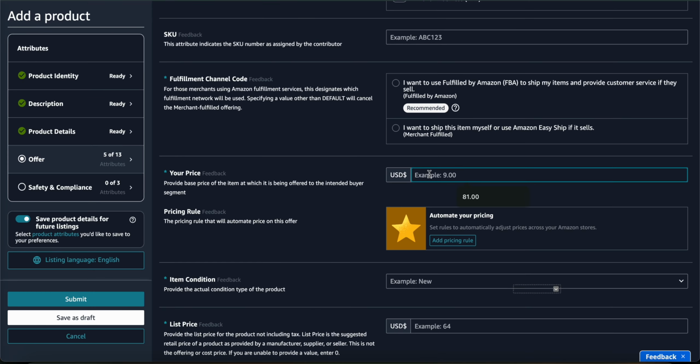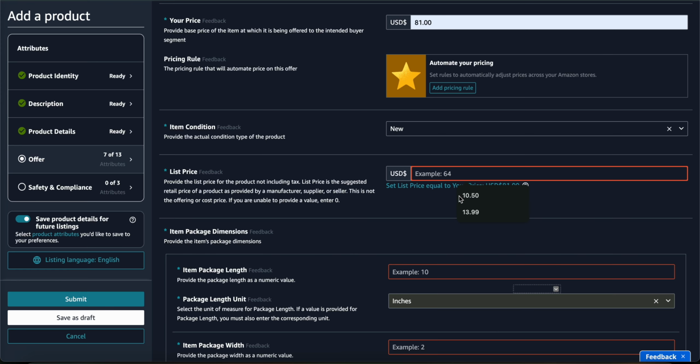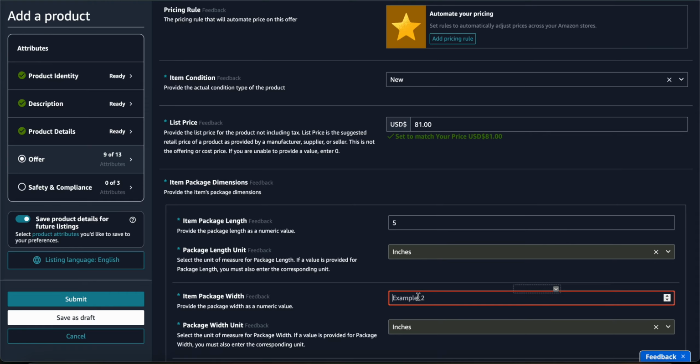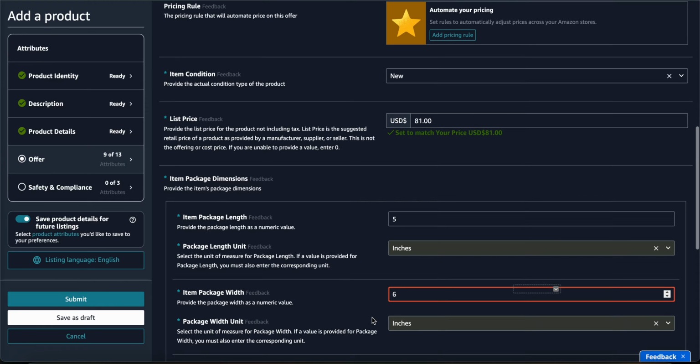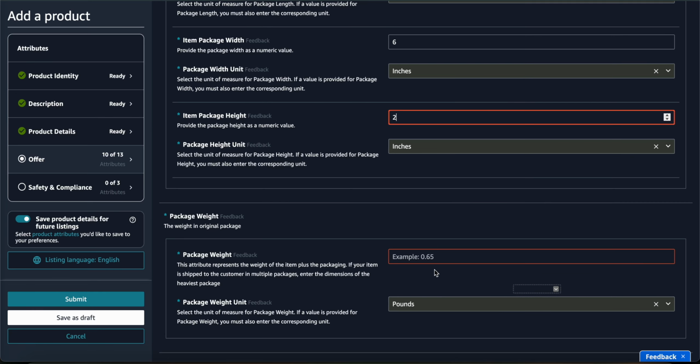Now you will enter the price. If you want to apply any pricing rule, you can do that. Item condition, new. List price should be equal to your price. Then we have the dimensions here. Item package length, width, item height. So I'm just putting random numbers just to give you an idea. Weight,